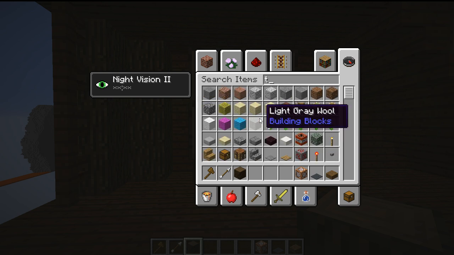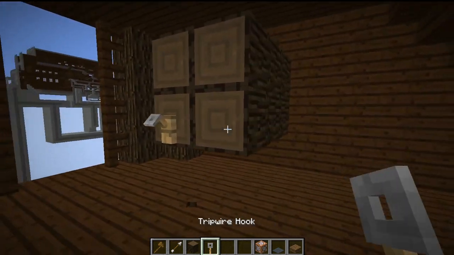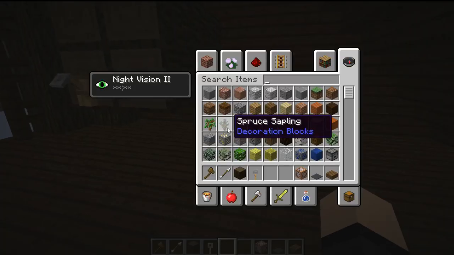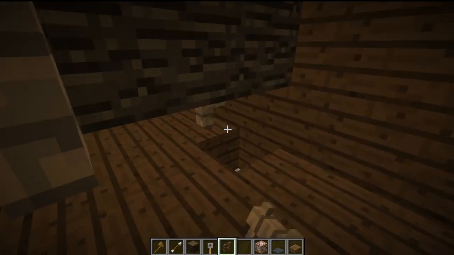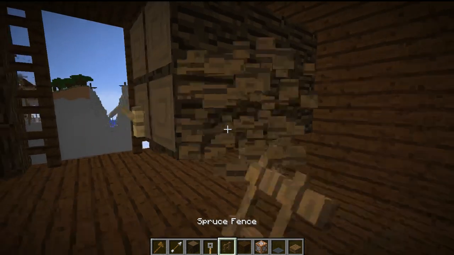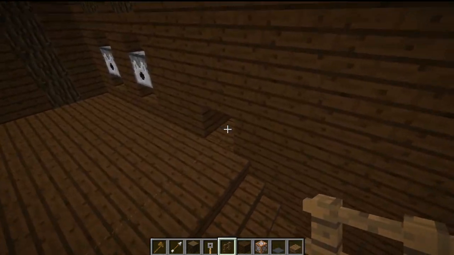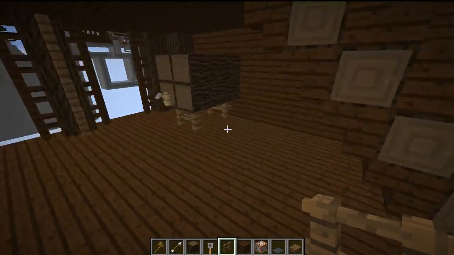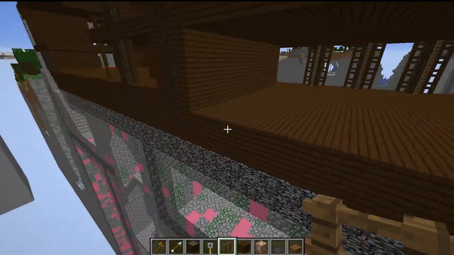Trapdoor, not a trapdoor, tripwire. Just as decoration. Fences. Let's use spruce for a change. Yeah, no, that doesn't work, because the string counts as taking up a full block, even though it's really quite tiny. Can't do anything else with it. Okay, so there's that. We need...